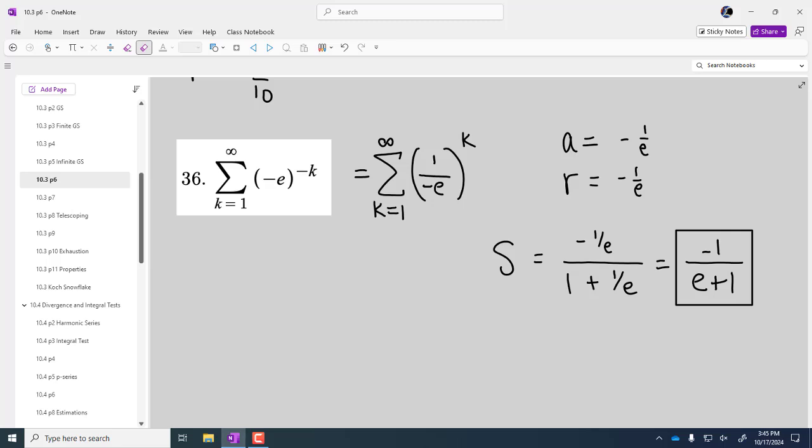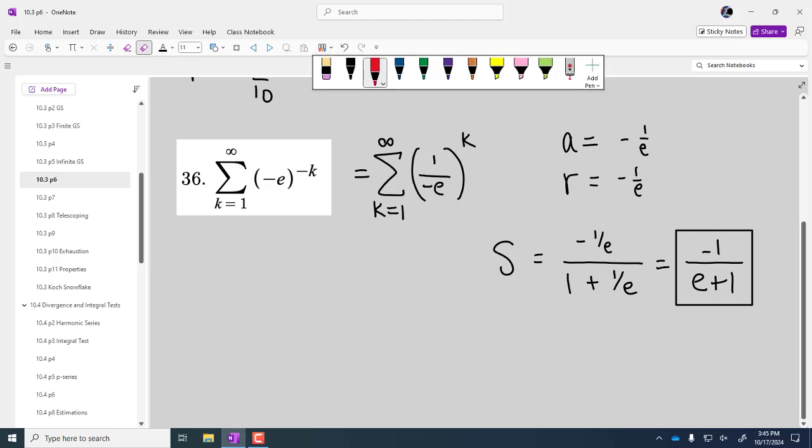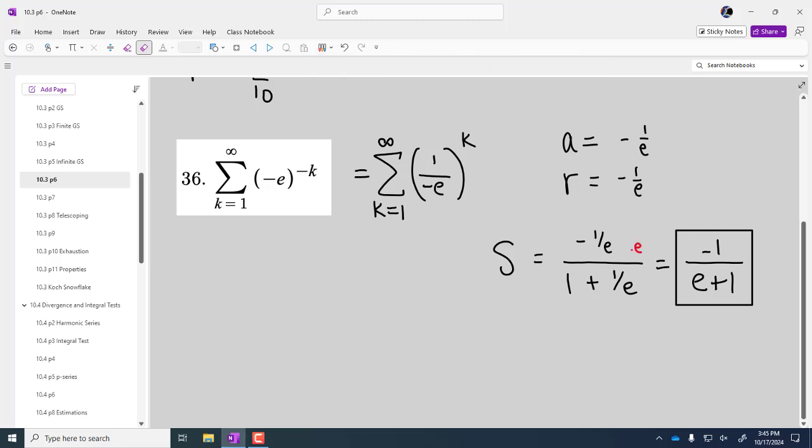Yes, because that's a complex fraction. You always want to get rid of complex fractions. And how did you simplify that? You just multiplied through by e. So if you multiply the numerator by e and you multiply the denominator by e,